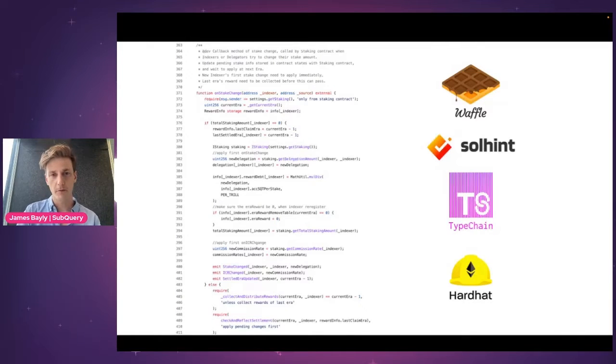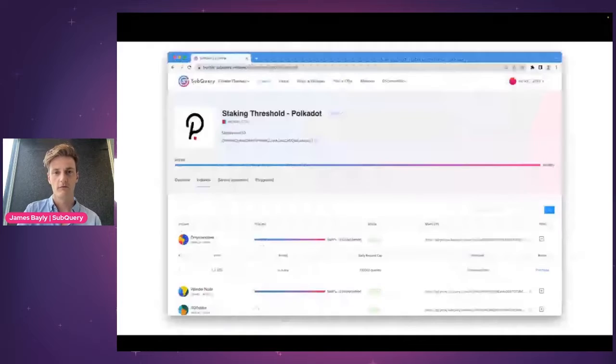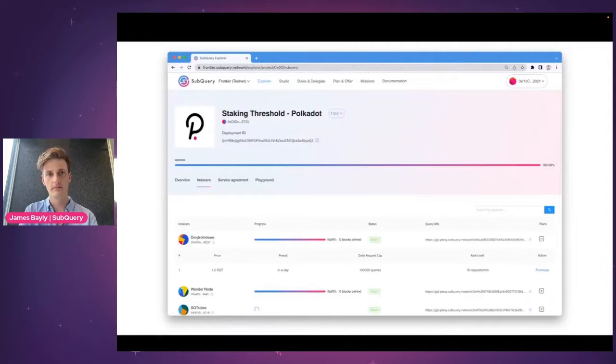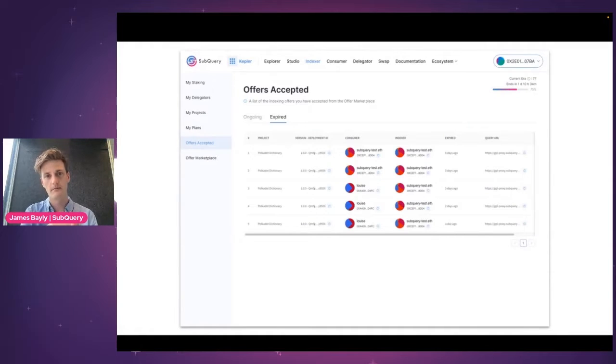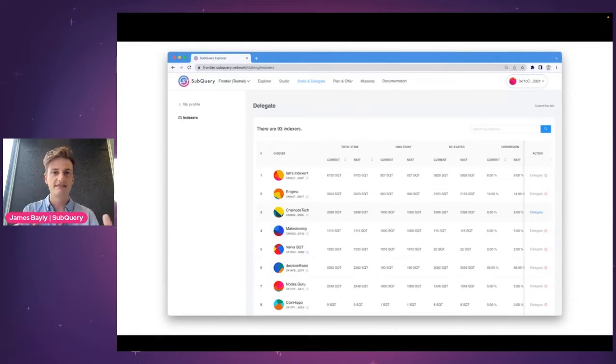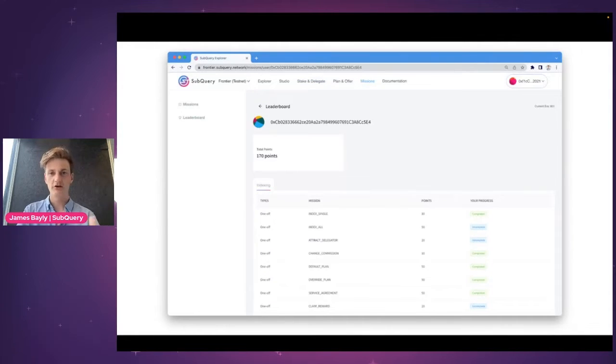But there's a problem with this, and this is around when you're building these fancy UIs, like this one here that we use to build our application, or where indexers manage their projects that are indexed, or they use to accept purchase offers from various consumers out there, or the UIs that delegators will use to select which indexers to support and delegate to, or leaderboards that you can use as a team to score out the indexers in a testnet to decide who you want to give airdrops to and how much you want to give them.